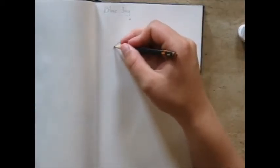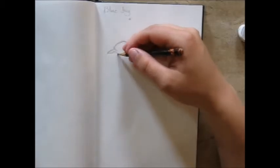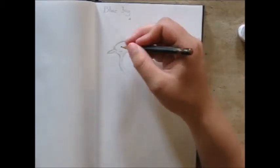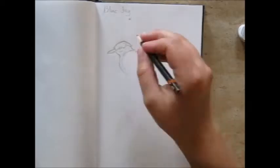I chose a blue jay because I thought it looked kind of cool. And I thought most people know what a blue jay is, just like a brown bear. I didn't want to choose anything exotic that you guys wouldn't know what it looks like. And the most natural way, I guess, to draw a bird is a bird just sitting on a